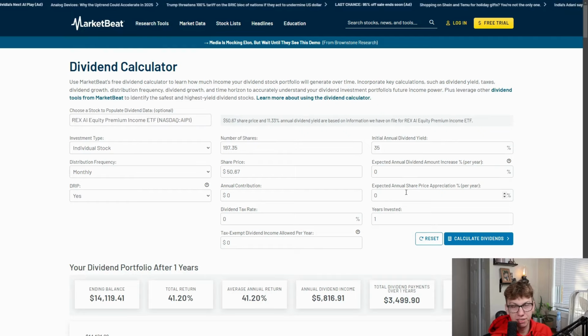We're just going based off the dividends because I don't know if this thing's going to go up or down. So if you think the share price is going to go up, this is just going to be a bonus. Anything the share price does is going to be a bonus on top of this distribution. So after 1 year invested, we can see that we now have